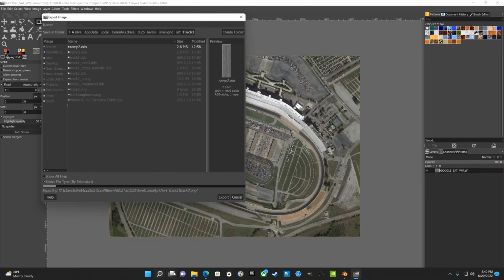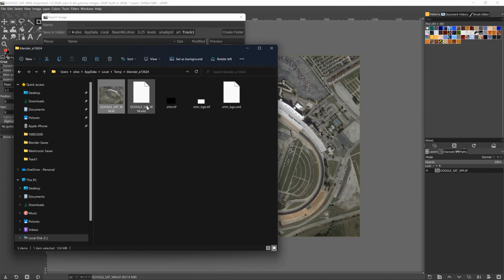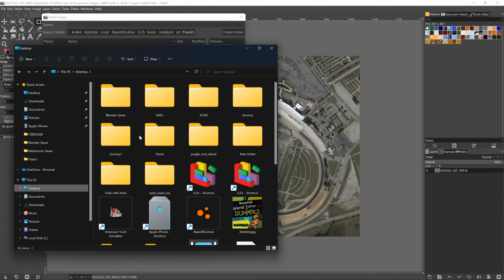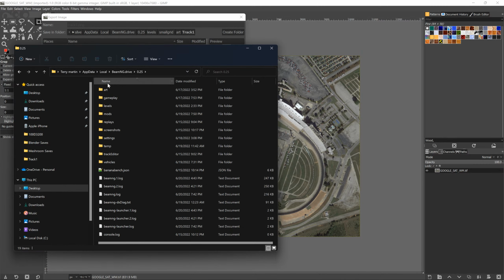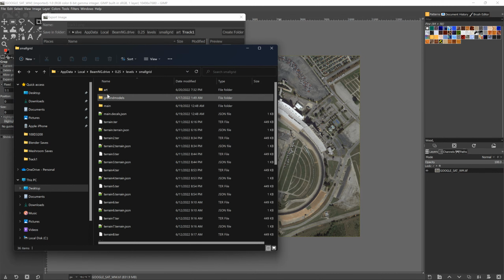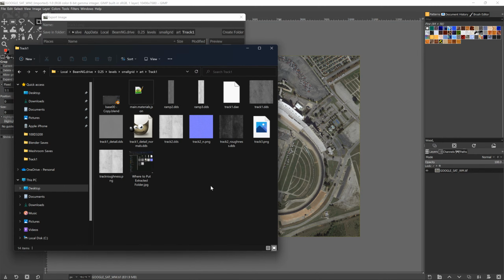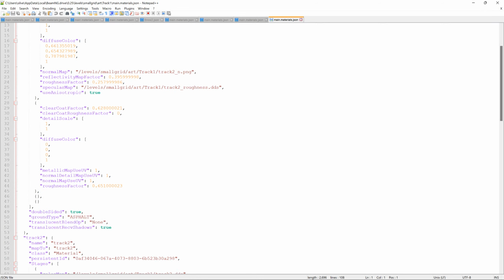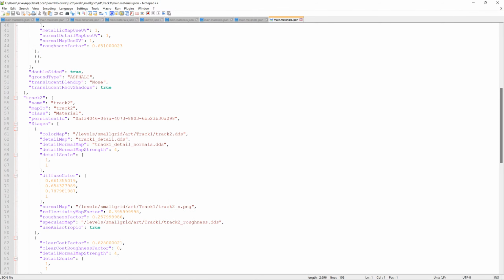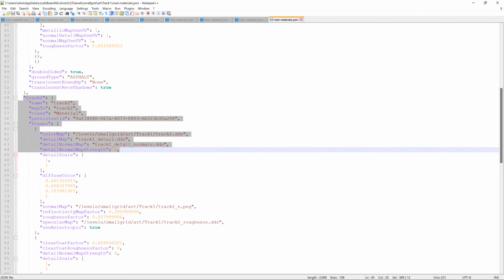While that's taking forever to do that, I'm going to go into the level that I was just talking about on small grid. Track 1, that's where these are going. So I have to edit the main dot materials and just make a new texture. So I'll copy this texture